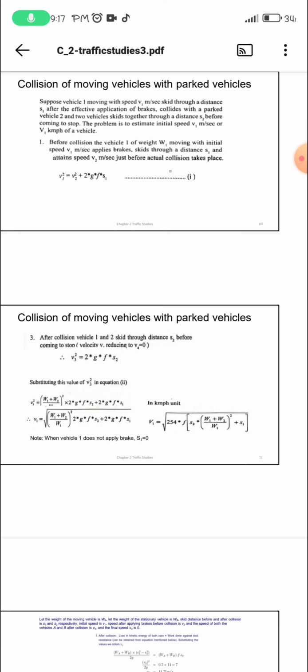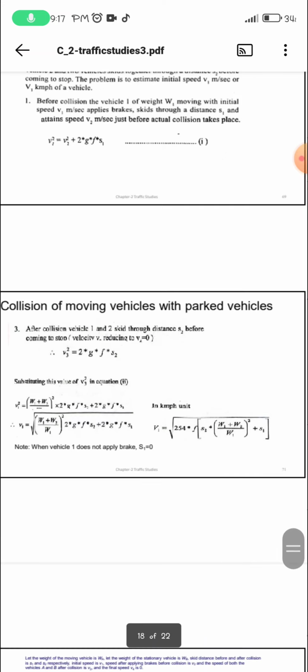Collision of moving vehicle with parked vehicles. After collision, vehicle 1 and vehicle 2 skid through distance s2 before coming to stop. Vehicle velocity v3 reducing to v4 equal to 0. v3 square equal to 2 into g into f into s2. Substituting this value of v3 square in equation number 2,